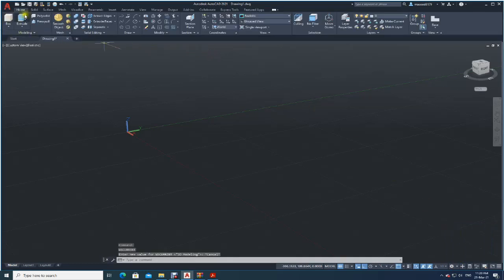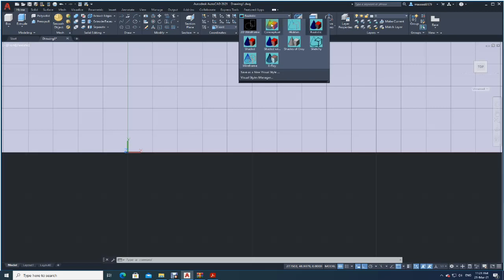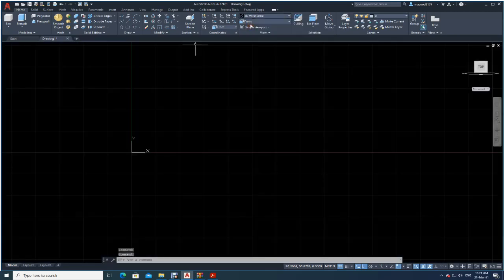Now see here, the 3D modeling palette is also present here. So here in this unsaved view, I will go and select front view. Okay, you can see here front view. So now see, you can see X direction like this, Y direction like this, Z is facing you. Let me change this one to realistic.